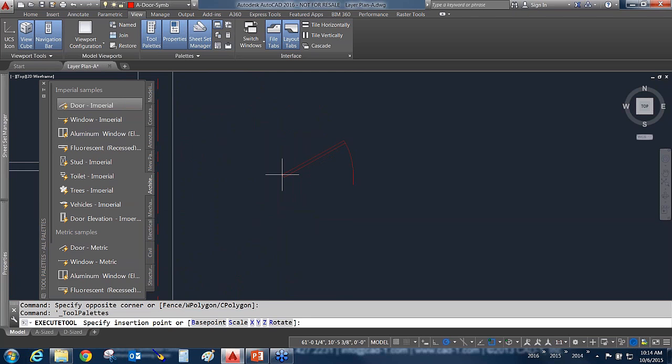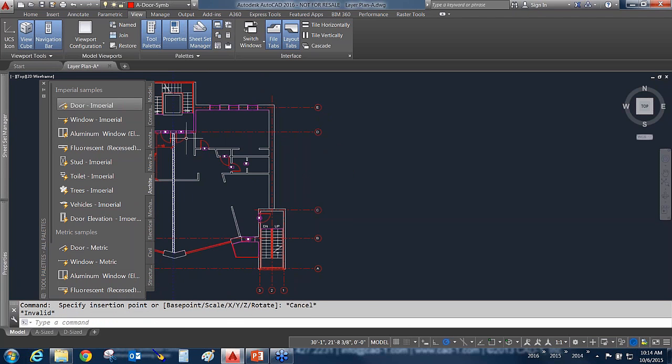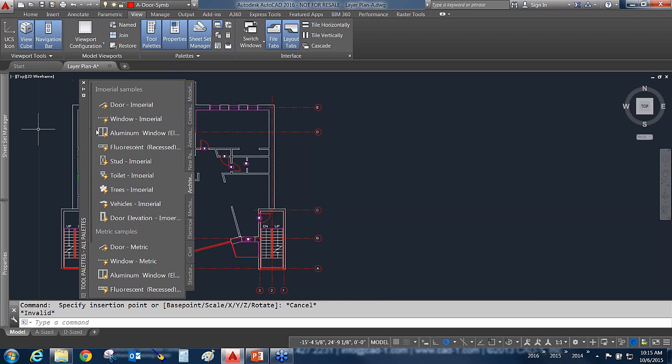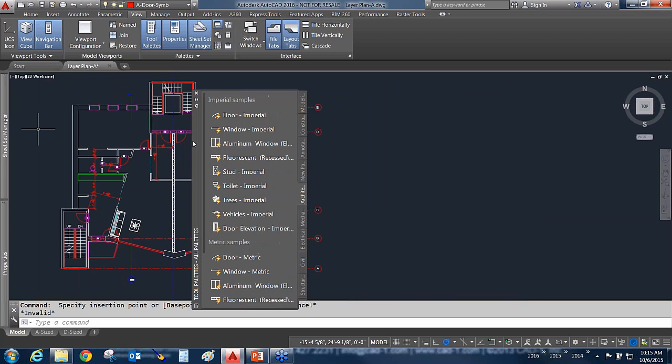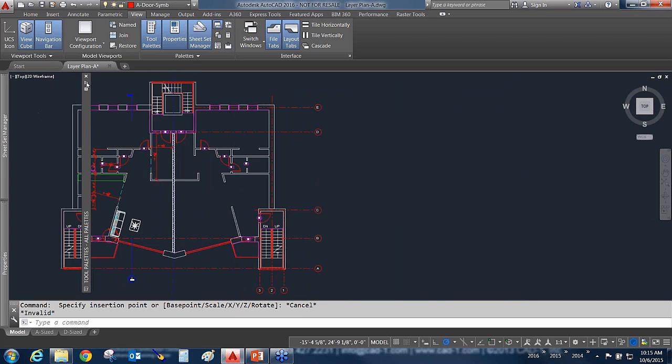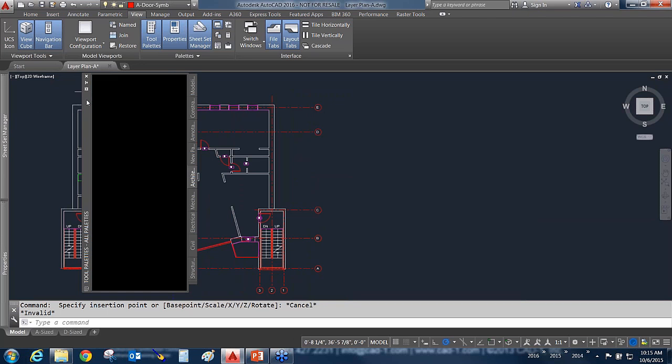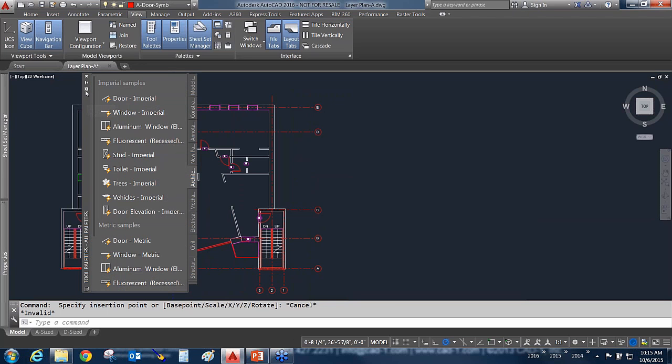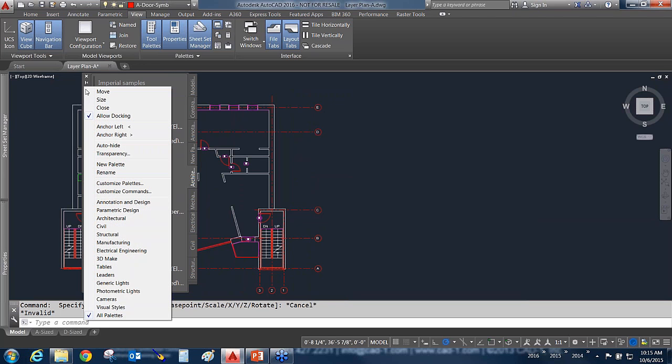But what are palettes? The first part of what palettes are is they're a modeless dialog box. You turn them on, you can move them around. I can do an auto hide on them so that when I roll over them, they come back in. I can customize them. I can go into the properties of them, shut them down, and I can always just